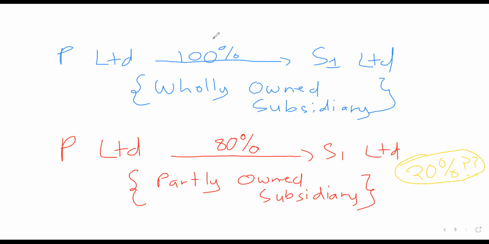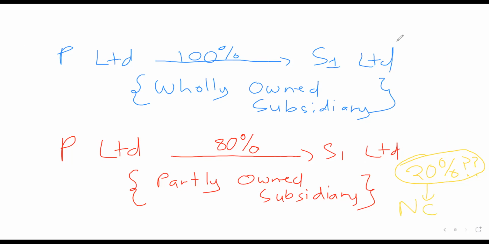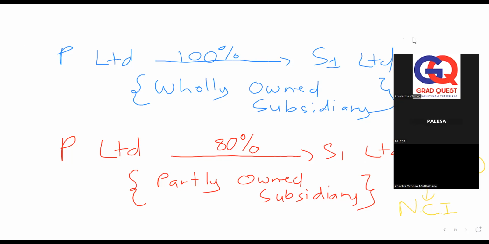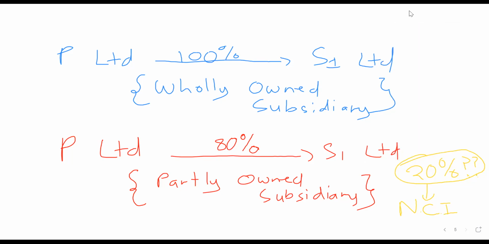Okay, so that 20%, which the parent company does not own in the subsidiary, belongs to what we call non-controlling interest. Please write it in. I'm just abbreviating because of the space, but this term NCI simply stands for non-controlling interest, right? So those are the other shareholders in the subsidiary S1 Limited in this context. There's a different way that we also need to account for the portion that belongs to these guys as part of our